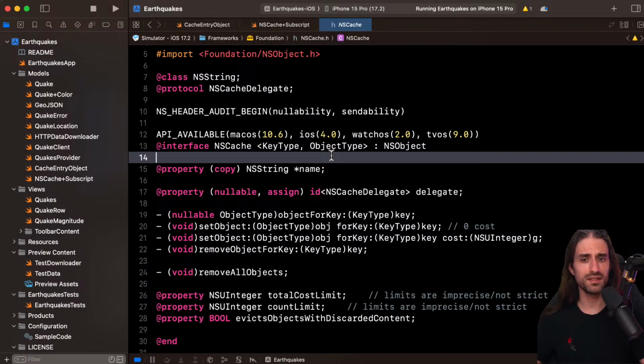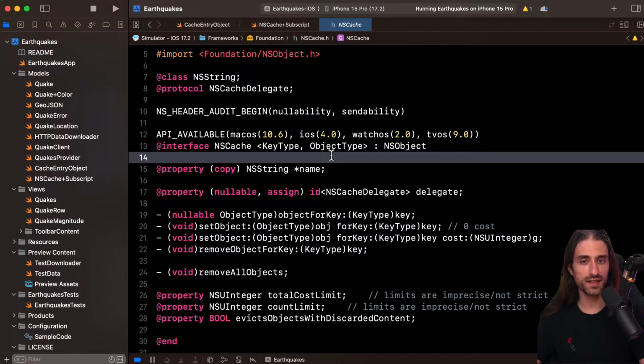The main difference, and I think we'll cover it later, is that NSCache has a strategy so that if you put too many values inside of it, it's going to start removing values. There is a cache eviction policy. But other than that, the logic of an NSCache is very similar to a dictionary.